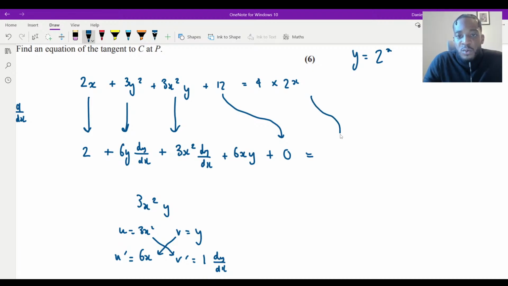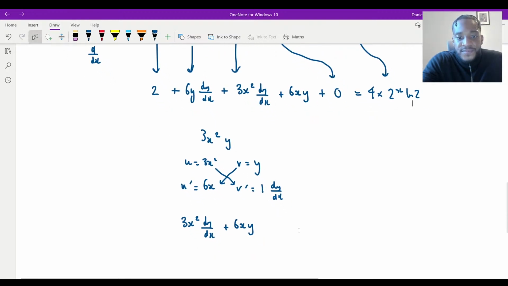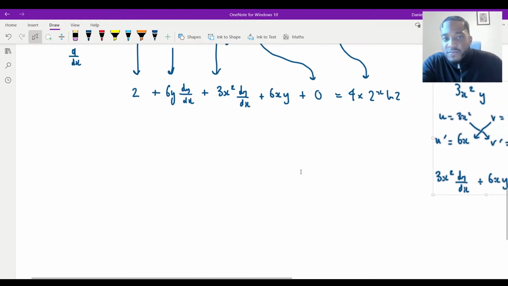And then this one, remember, we already worked out what this is. 2^x differentiates to 2^x ln 2. So it's going to be 4 × 2^x ln 2. And that is going to be our derivative here. Does that make sense, guys? Are we happy with that? Move this here. All right, cool. So done that.